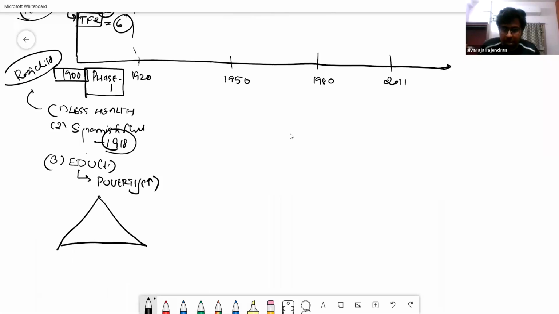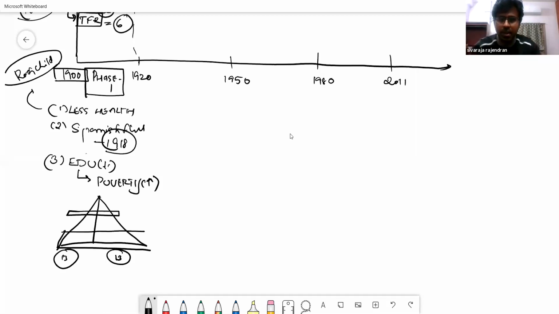Because my average age is 20 then. So they will have more children here. 13 children. Correct? So here fewer people will be there because of less health care. So this stage,